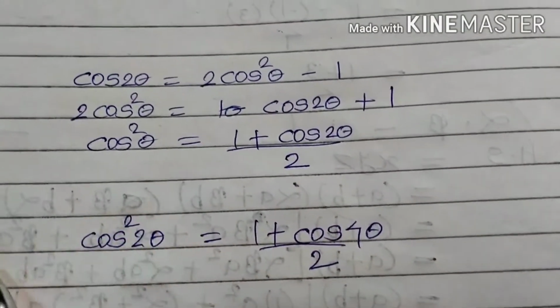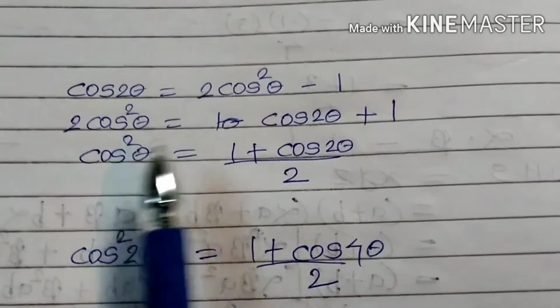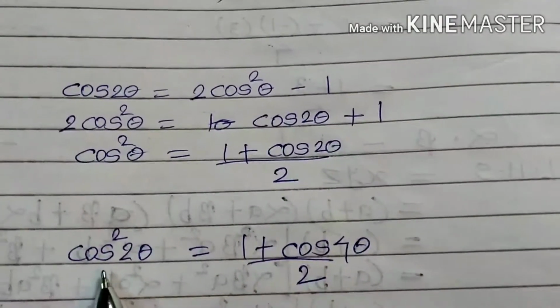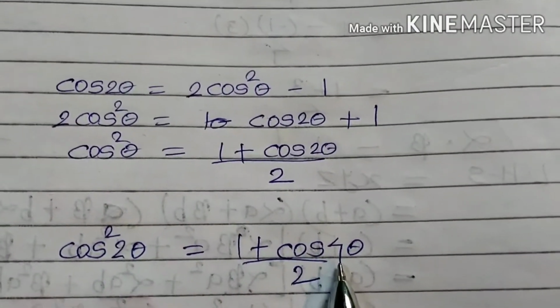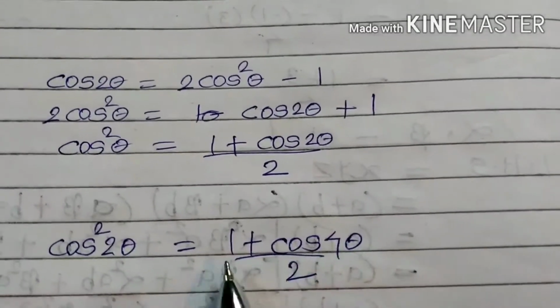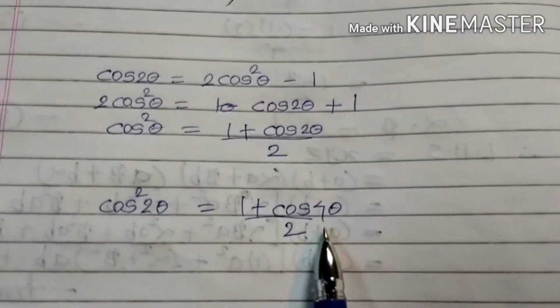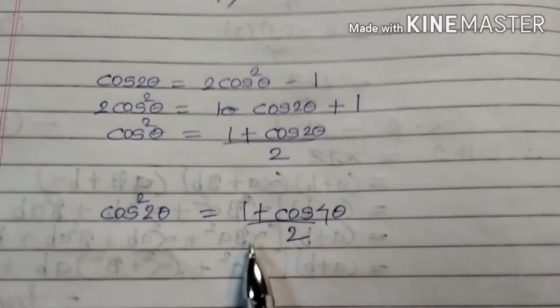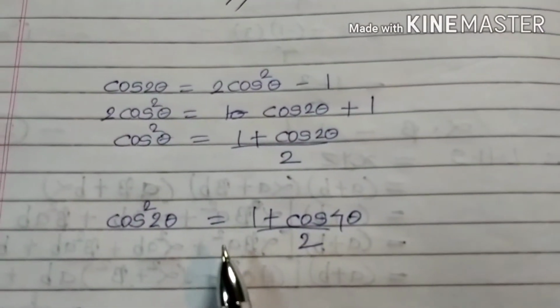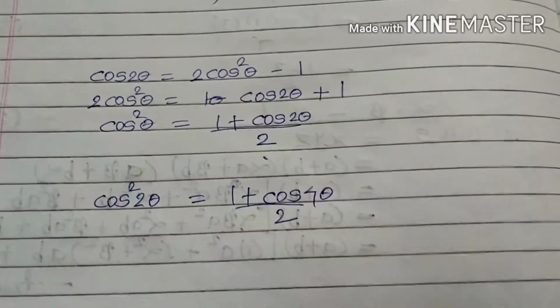But we have here cos square 2 theta. Means when the angle is single, then here the angle is double. So when the angle is double, then we get angle 4 theta. Means 2 into 2, 4. So 1 plus cos 4 theta upon 2. Don't write it in your answer paper. It is only for your understanding. So please understand it, how we use the formulas.